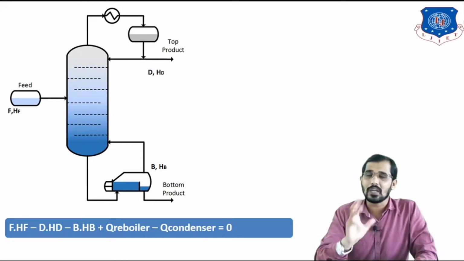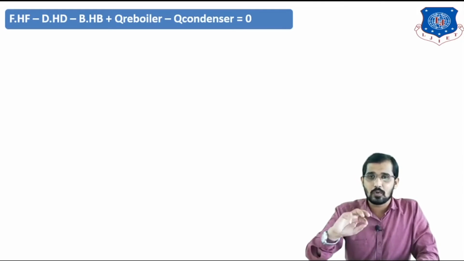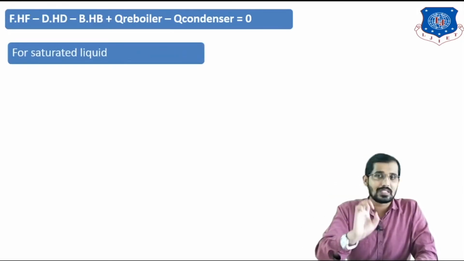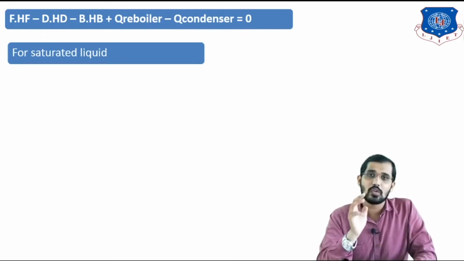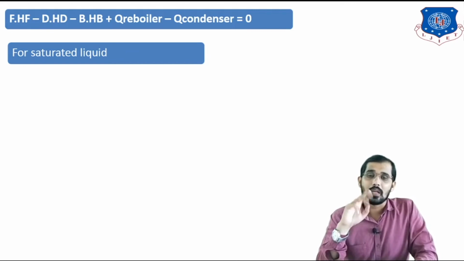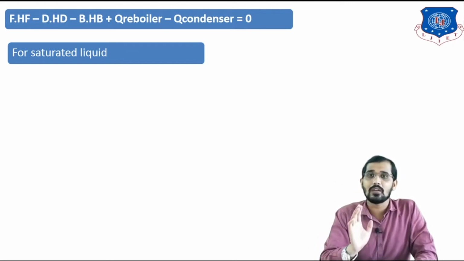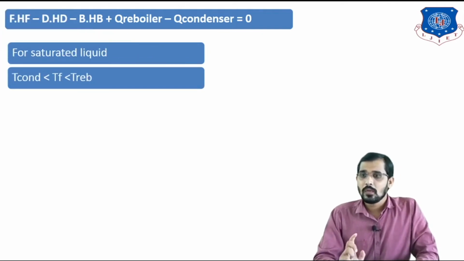Now we will see a few conditions related to this figure. This is the material balance for this figure, which we have seen in a previous slide as well for the distillation column. Now we will see the condition for the saturated liquid. Saturated liquid means, as I told you in mass transfer operation as well, that for saturated liquid q is equal to 1. So you can see here.